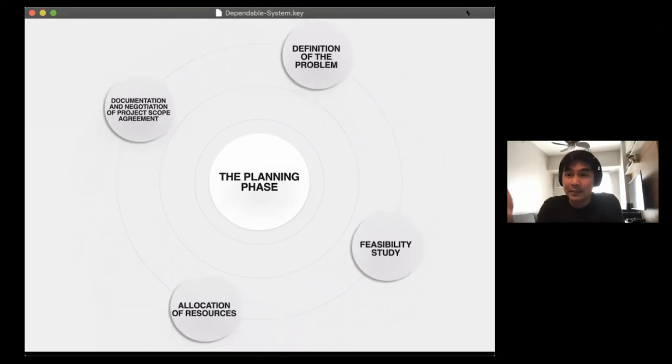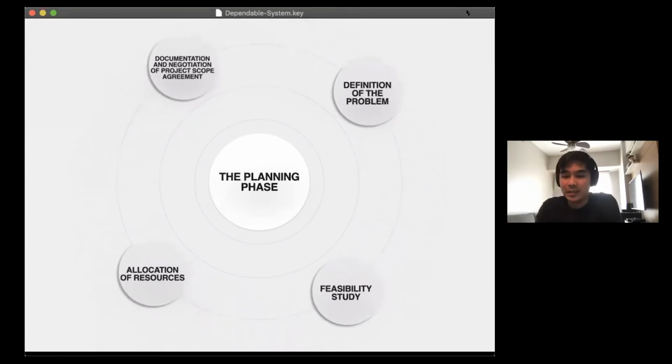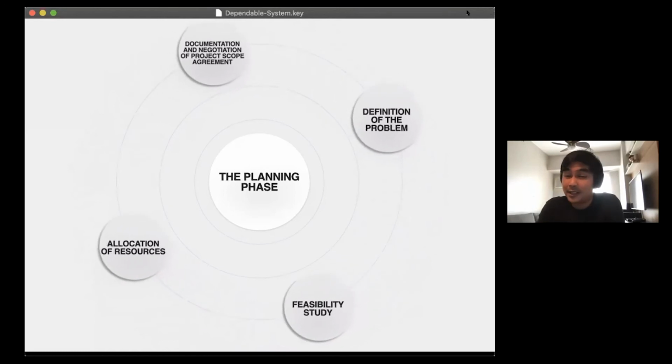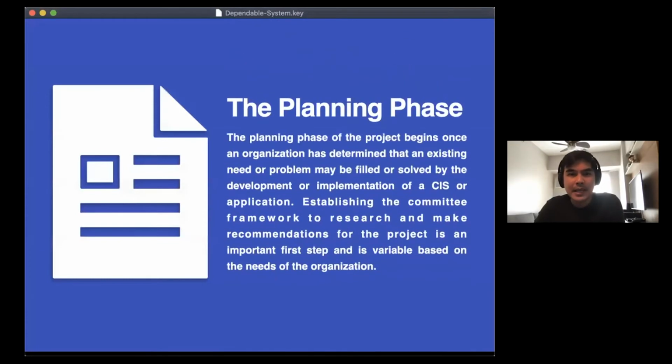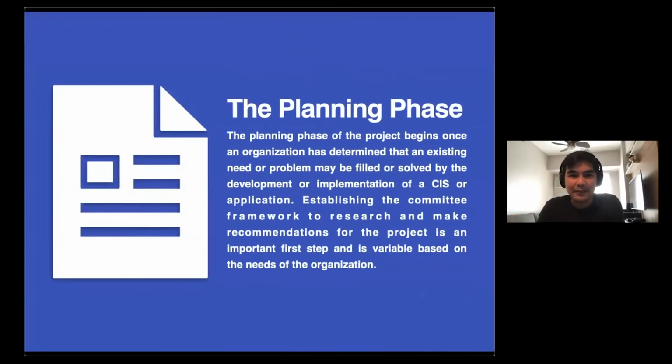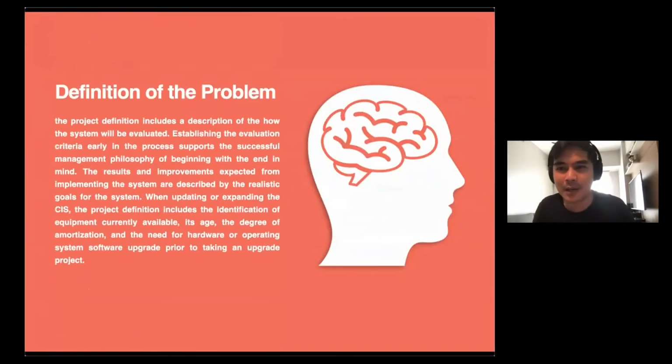We need to allocate budget and resources, as well as to negotiate with the potential key players of developing a clinical information system. Okay, and when we say, let us dig deeper into the planning phase. Okay, so again, this is the first start of developing a clinical information system. In defining the problem, I already mentioned that you need to lay down what are your expectations that the system can operate, di ba?